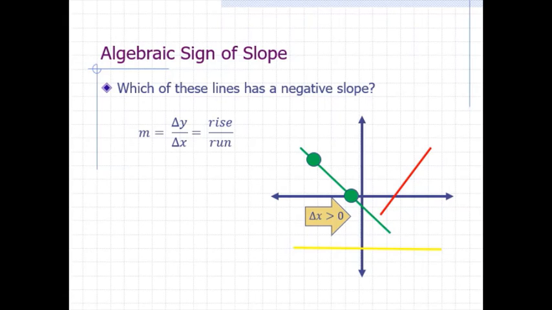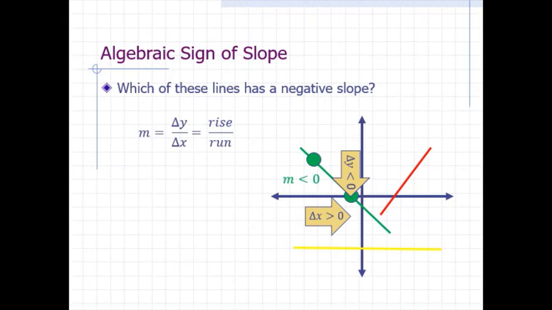We can also see that going from point number 1 to point number 2 is going down, from a higher y value to a smaller y value. So delta y is negative. We could say that the value of y did not rise, instead it fell. So the value of the rise is negative. So in this case, the slope, which is equal to a negative delta y divided by a positive delta x, is negative.